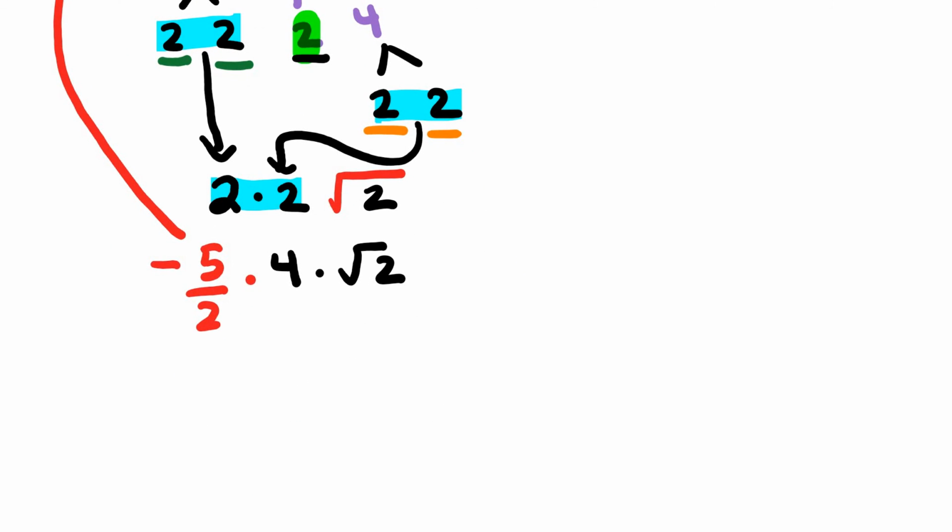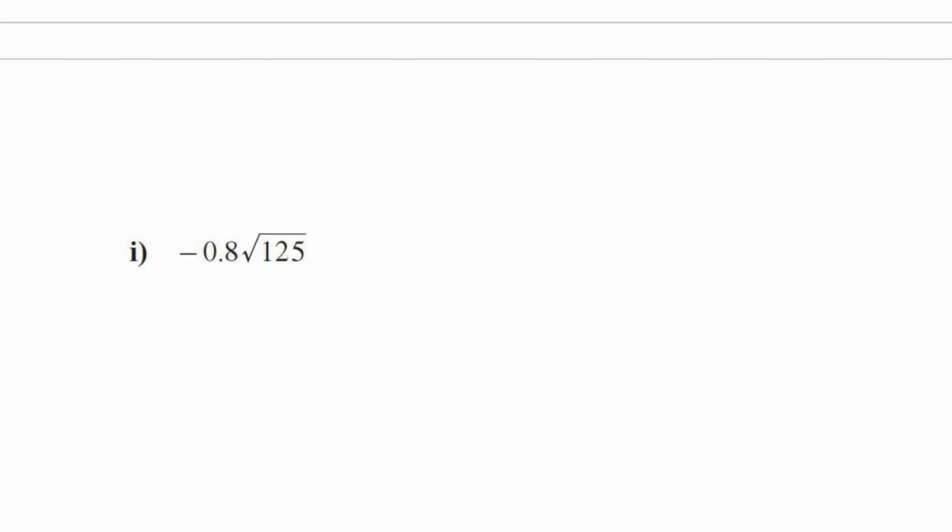All right, and then we kind of get back into the same situation here. I'll just do this for now. What's 5 times 4? 5 times 4 is 20, and 20 divided by 2 is 10, so negative 10 root 2 is a final answer there. So regardless of what method you use, you will still get the same answer of negative 10 root 2. Okay, let's move